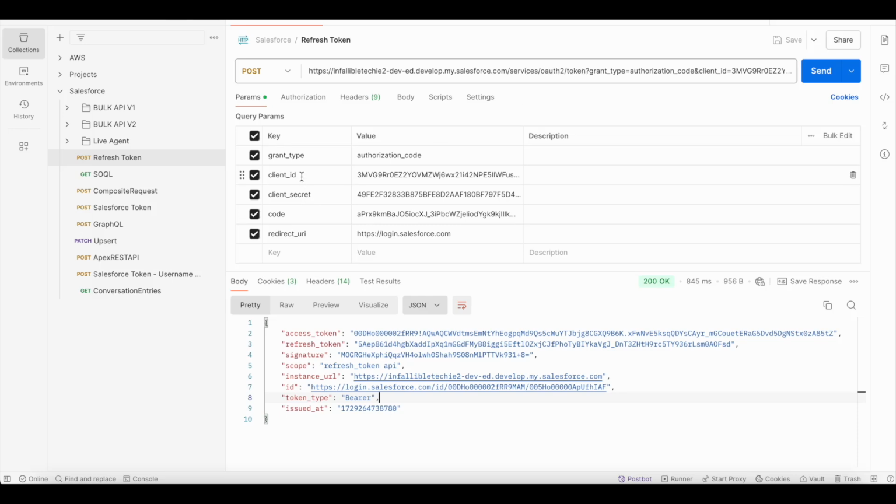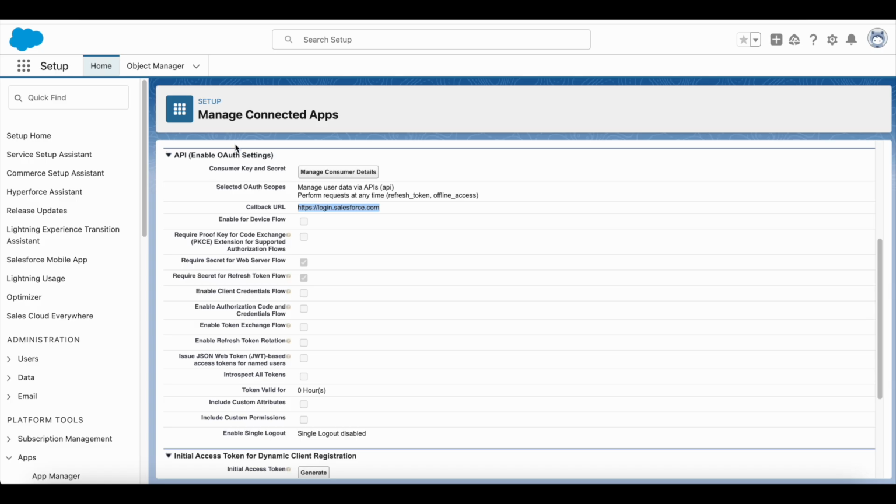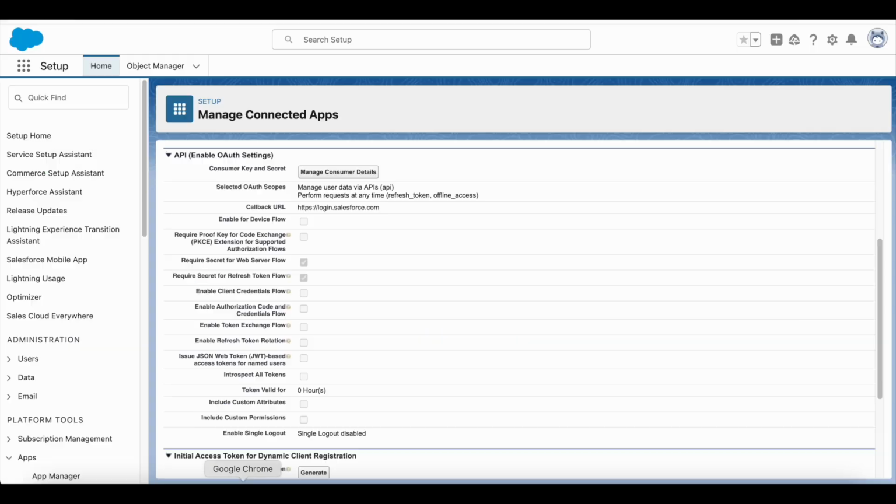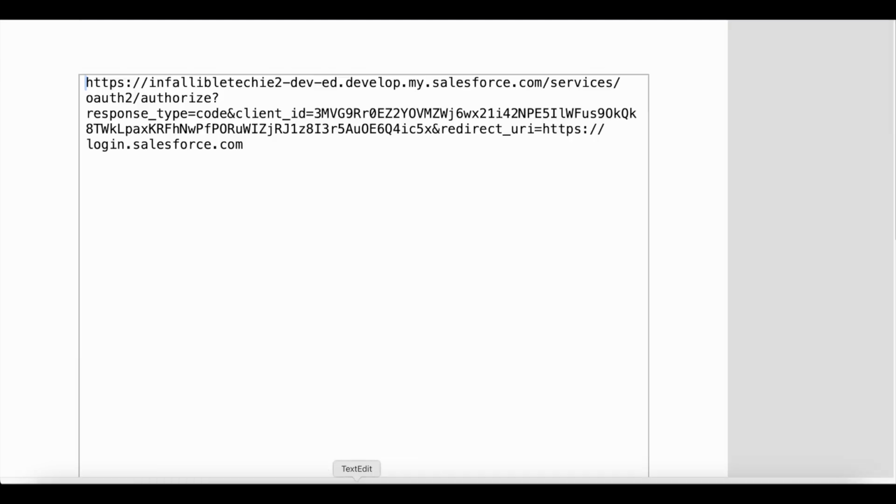/OAuth2/token, here you have to set the grant type as authorization_code. In the client ID, you have to pass your Salesforce consumer key from the connected app, and in the client secret, you have to pass Salesforce consumer secret. So you have to pass a consumer key in the client ID and consumer secret as the client secret. And in the code, you have to pass the code which we got by generating this URL,